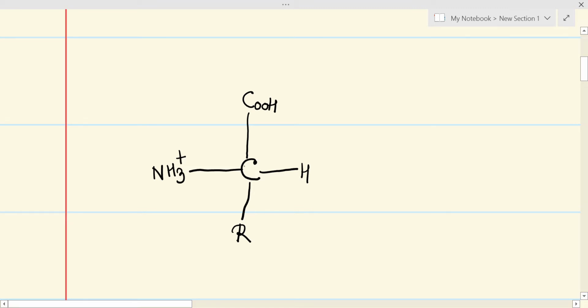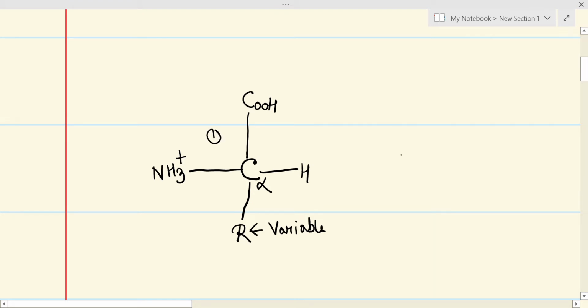This central carbon is known as the alpha carbon, and this alpha carbon has the functional groups attached to it, right? Now this R group is variable, as I have already told you. This is variable in nature, and this is the first point. And the second point is,